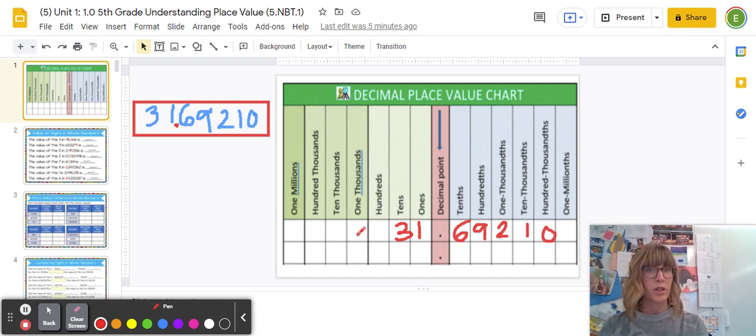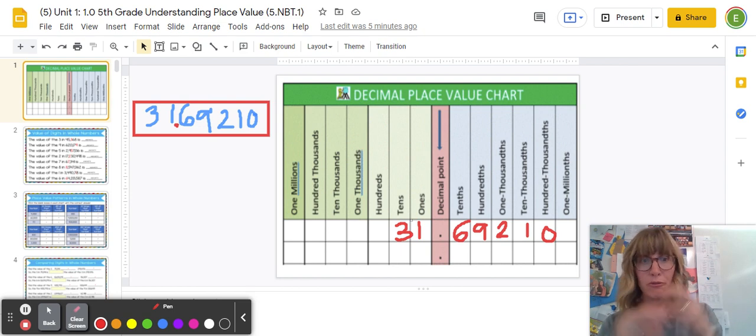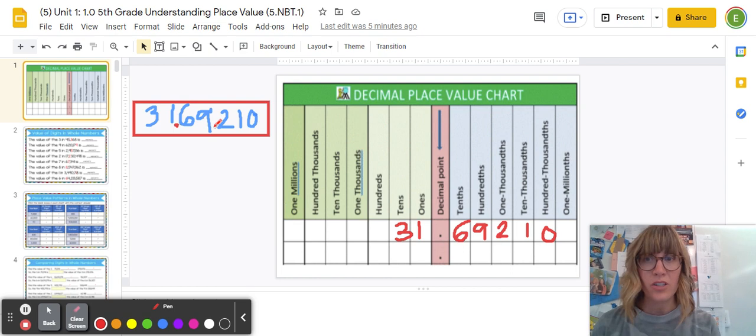Okay, so what we're going to do is we're going to look for how to say this number in what I like to call fancy talk, right? So if we're talking in decimal fancy talk, we're not just going to say 31.69210, right? Instead, we're going to use our place value to help us be more specific. So we can say 31. Every time you read the decimal point, the fancy talk way to say that is to use the word and. So 31 and